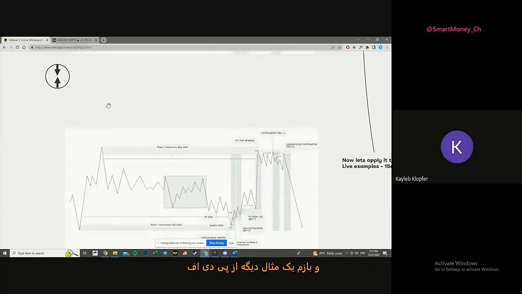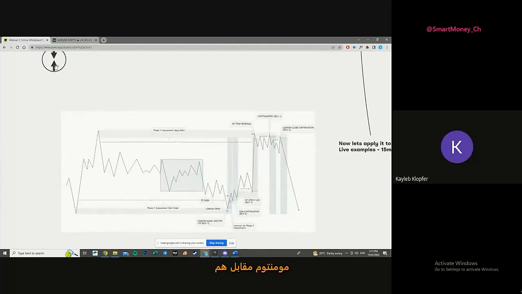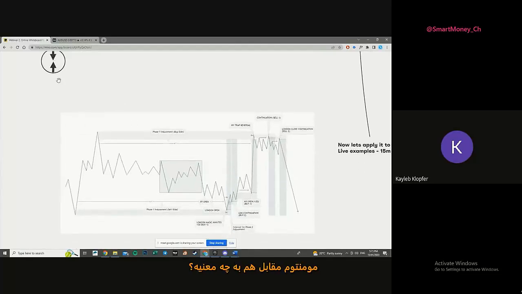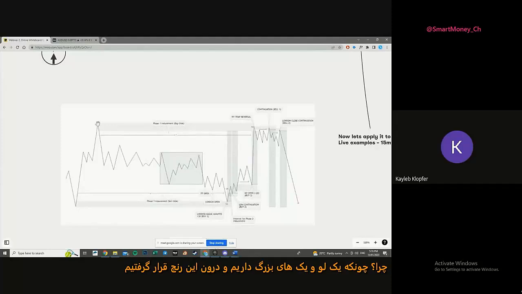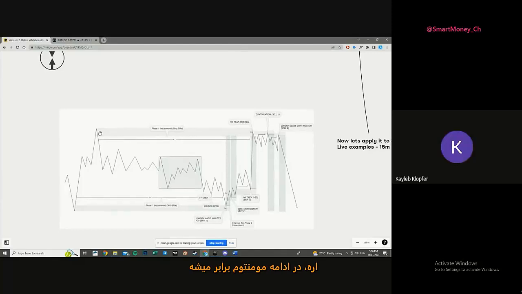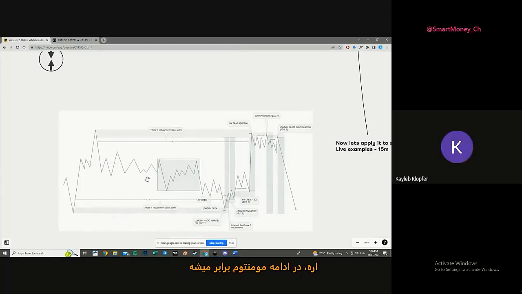Another one more from the ebook itself: opposing momentum. What does opposing momentum mean? It means that for the day especially, we don't have a bias in momentum. Why? Because we created a big low and a big high, and we encapsulate ourselves into that. So this is what I went over in the start, actually. Very similar thing that occurred at the start. But it's saying that momentum becomes essentially equalized.